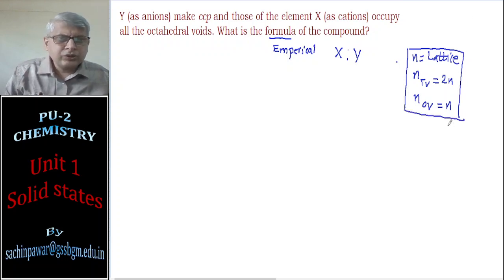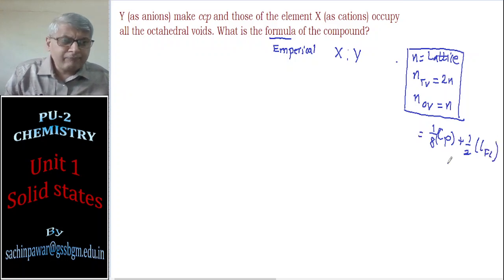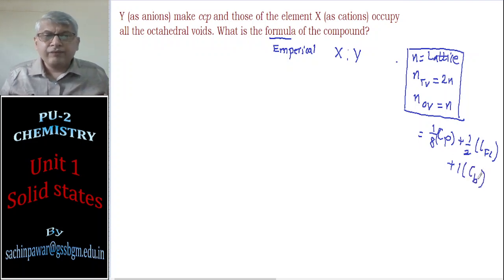Right, and also you need to know that every corner particle, if it is there, then if I have a cubic unit cell, I need to multiply it by 1/8 into 8, that is corner particles, 1/2 into the number of face-centered particles. This formula is required, plus 1 if there is a body-centered particle. This formula you may also require for your problems based on formula calculation. So with this, let's start the first problem.